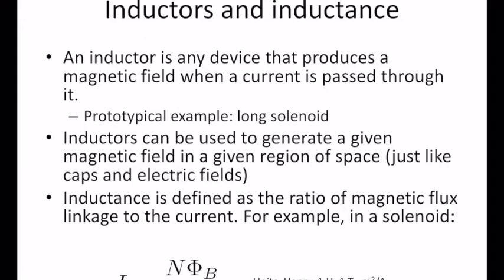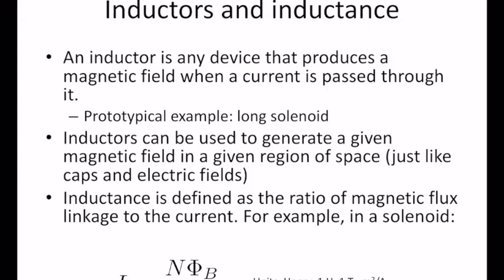Okay, so inductance is defined as the ratio of the total magnetic flux, which is also called the magnetic flux linkage, to the current that produced the magnetic flux. So for example, in a solenoid, the total magnetic flux would be the flux of all N turns of the solenoid. So if each turn has a flux phi B, then the total flux is N times phi B. So if you divide that by the current I, which produces all the magnetic fields, then you get the inductance